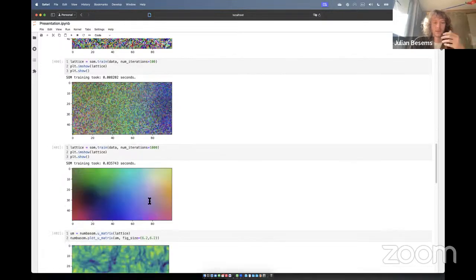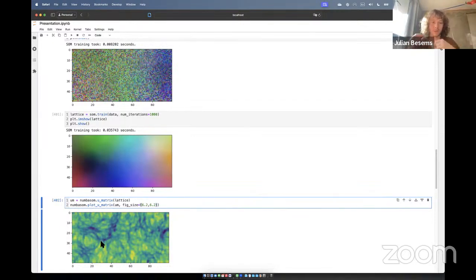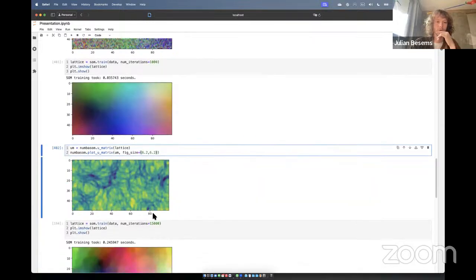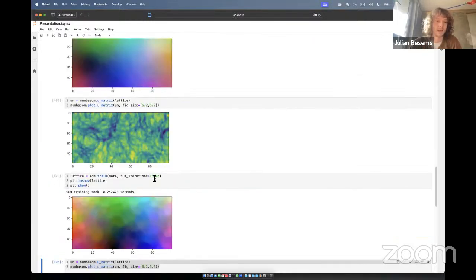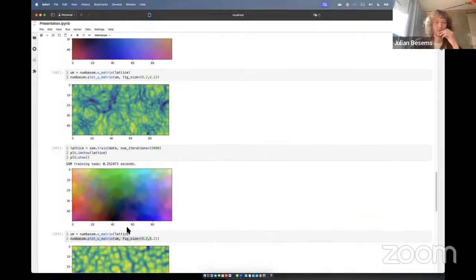Here it shows the internal topology, where you see that it's not a nice square representation, but there are unequal distances between areas. So here you can see where the green moves to the dark blue, you see that there's a larger internal distance between the squares of the map. Same here, of the orange to the purple. There are peaks and troughs within that topology. Doing it for 15,000 iterations of training, you see that it gets more compartmentalized and more patchy, which is also seen in the U matrix of the SOM.